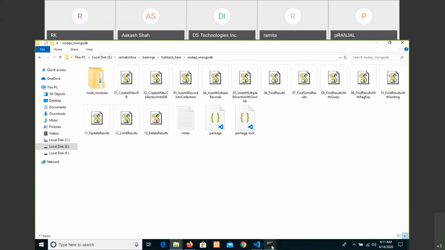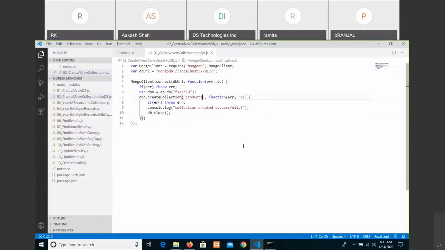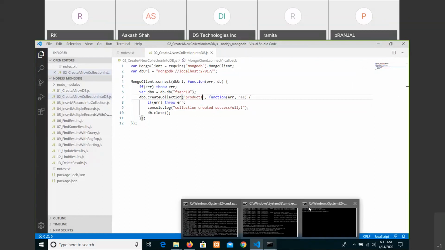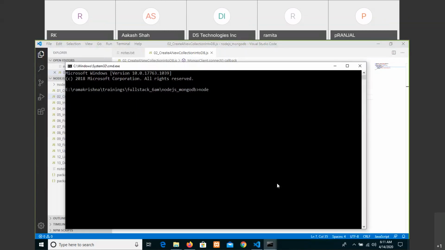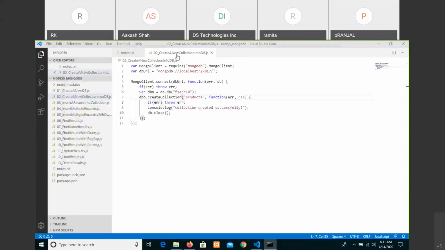So I guess I have already opened. Yes. Node space, what is that file name? Create new collection into DB. Then again with the orders.